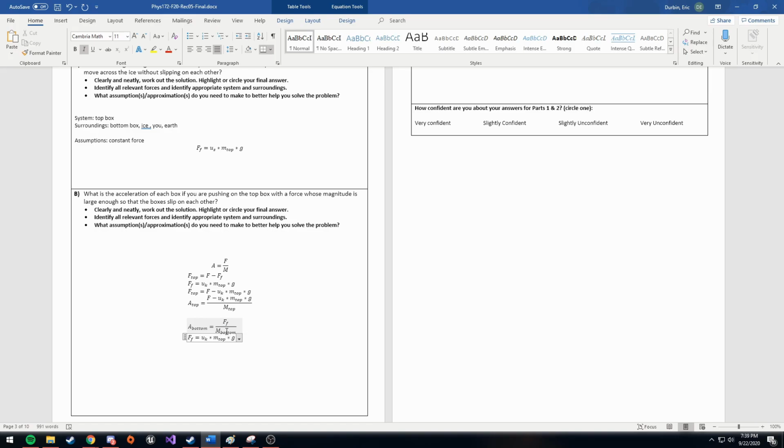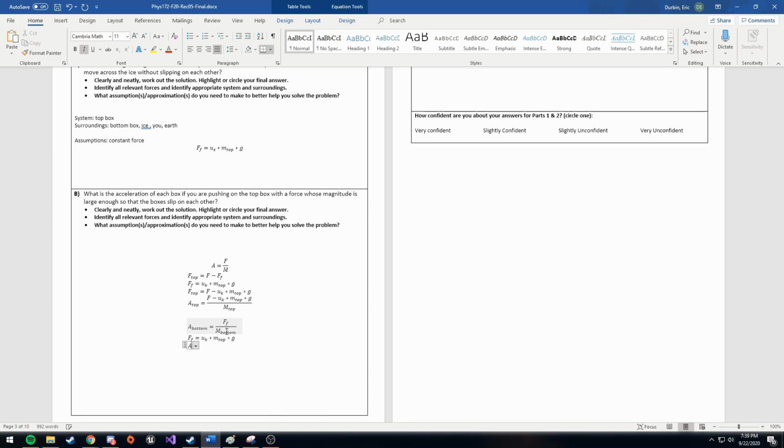Oh, and the force of friction is the exact same as for the top box. Yeah, as for the top box. It's less than before, but it's still the same. What? It means the acceleration is less than it was originally, but it's close. Is that what you meant? Yeah. Okay. It doesn't have to do with anything we're doing right now, but yeah.